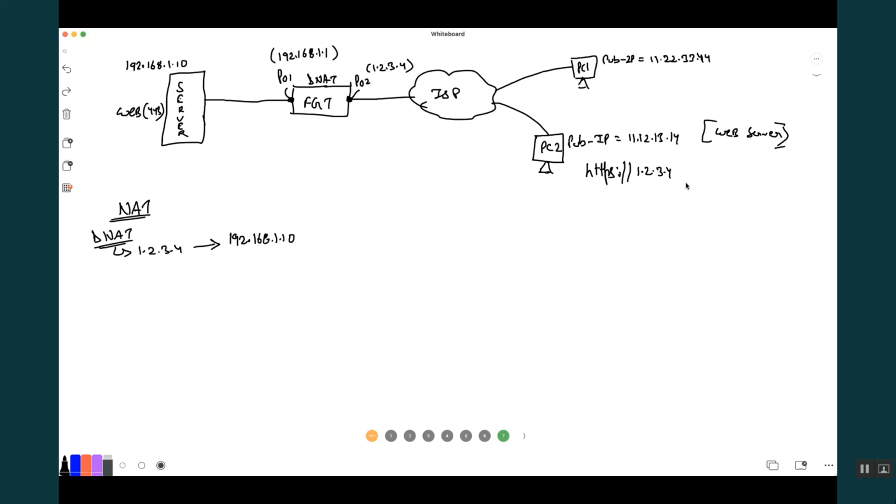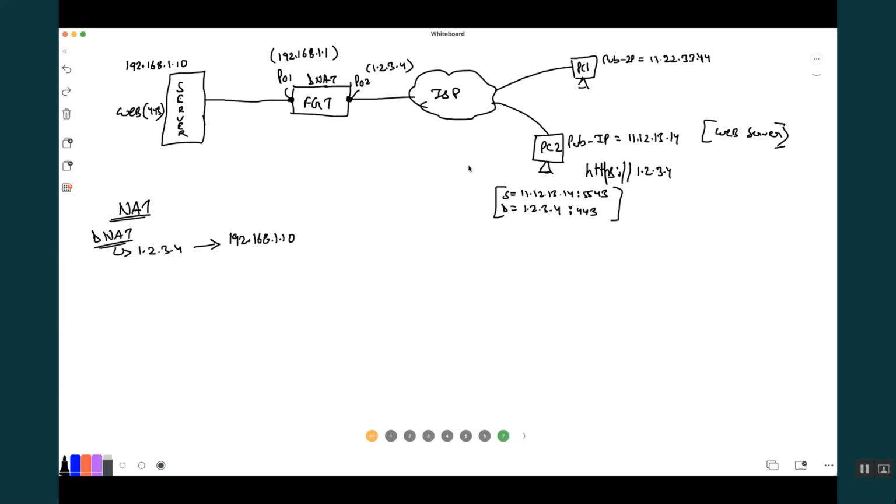When this PC2 sends the packet, how will that packet look? The source is 11.12.13.14, the destination is 1.2.3.4, the source port is 5543 and the destination port is 443.